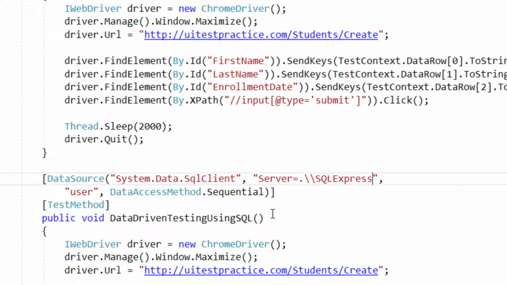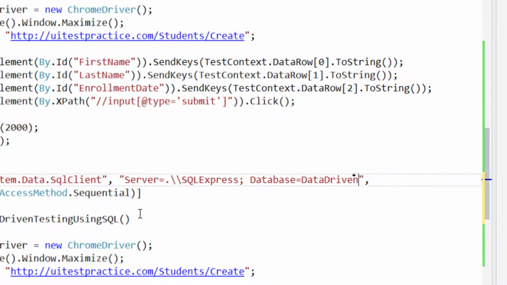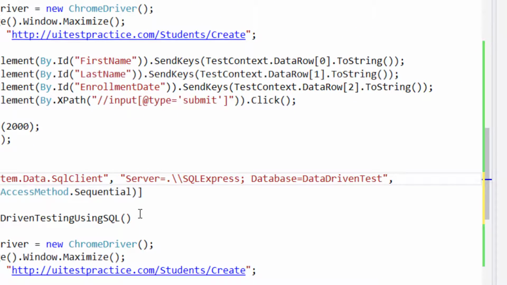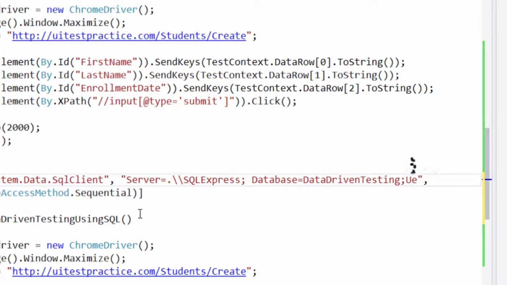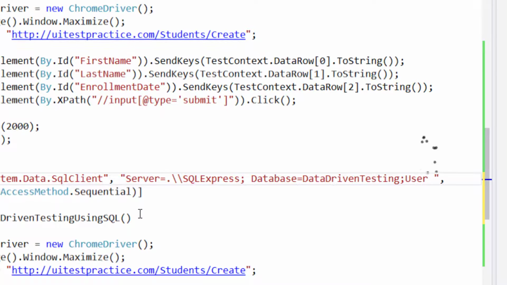The second parameter in the connection string is you have to provide the database name. The database name which we have given is Data Driven Testing. The third parameter here is the user ID. I have given SA.